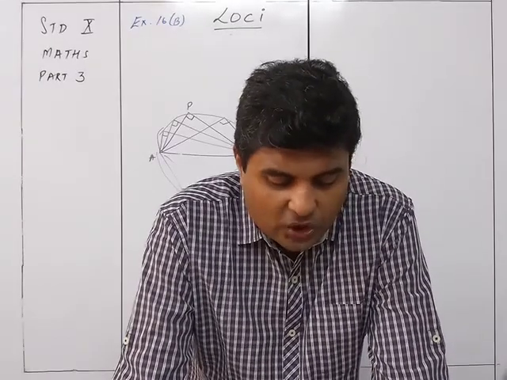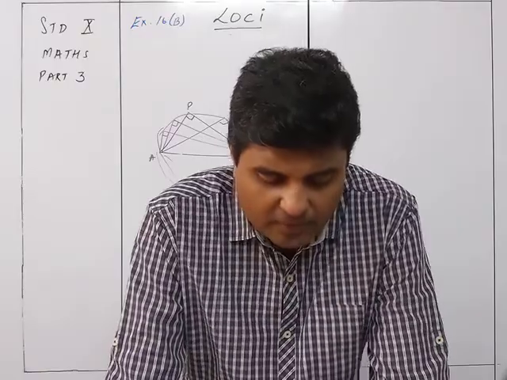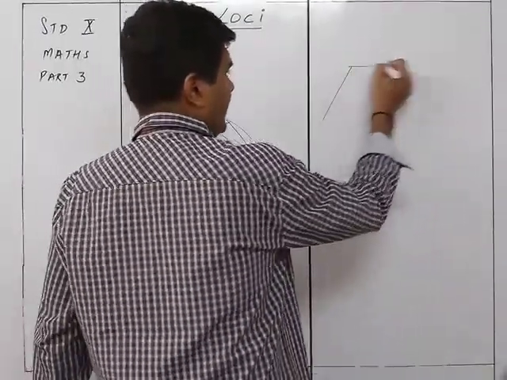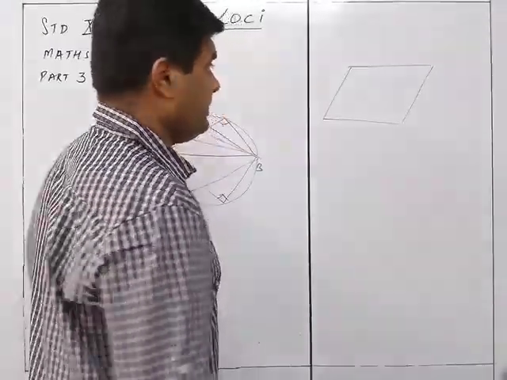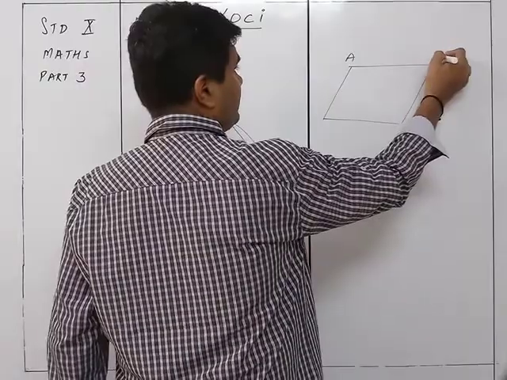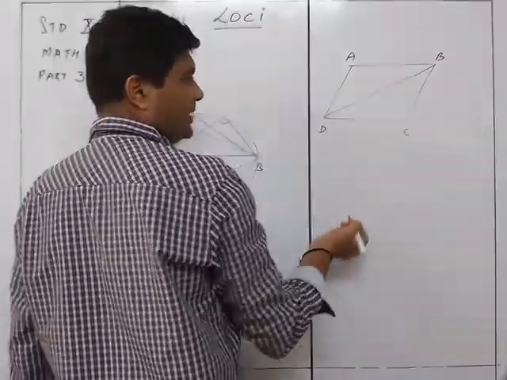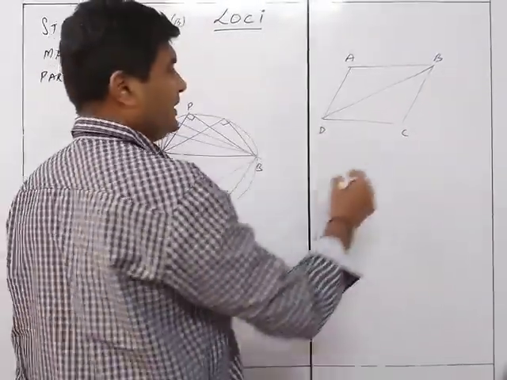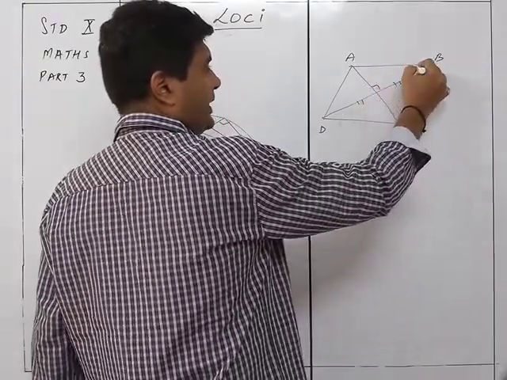13th, the locus of a point in rhombus ABCD so that it is equidistant from AB and BC, and B and D. So it is a rhombus over here. So this is A, B, C, D. If it is equidistant from AB and BC, then it will be the diagonal. And it is equidistant from B and D, so it will be the perpendicular bisector. So we know that they are going to be like this.